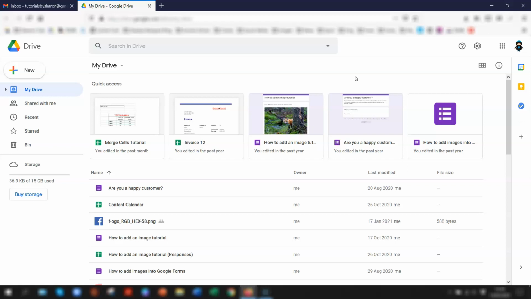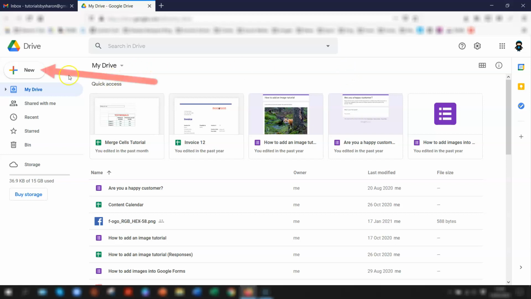So in this tutorial I'm going to show you what I use, and that is Google Sheets. There's a real simple to-do list template in Google Sheets that's free to use. You download it and you customize it exactly how you want it, and that's what this tutorial is going to show you. So to begin with, what you need to do is sign into your Google account and go into